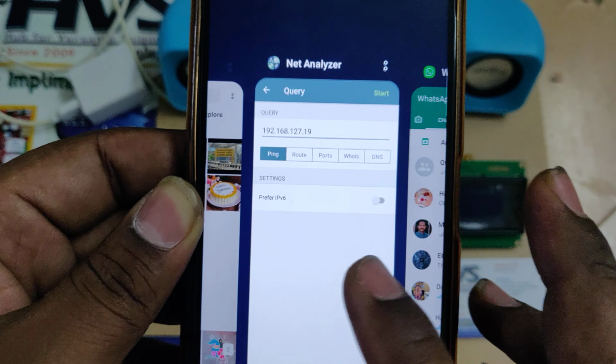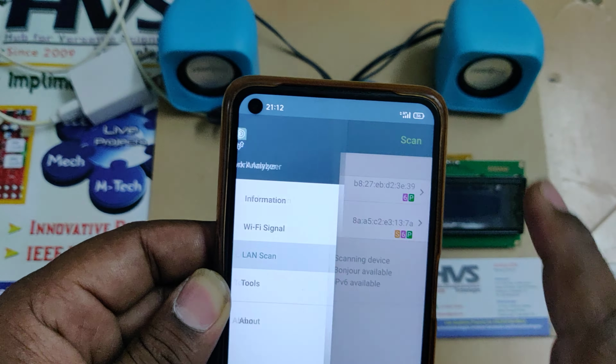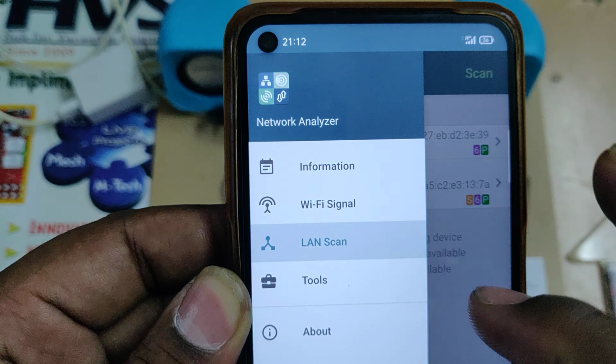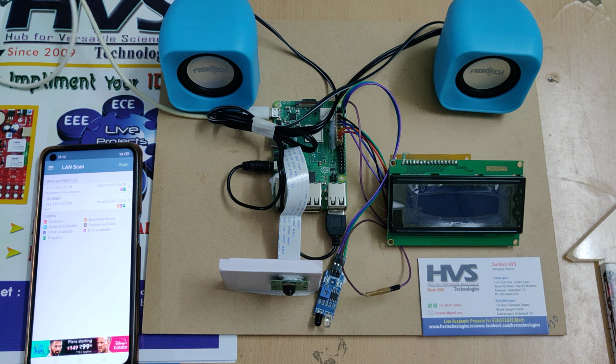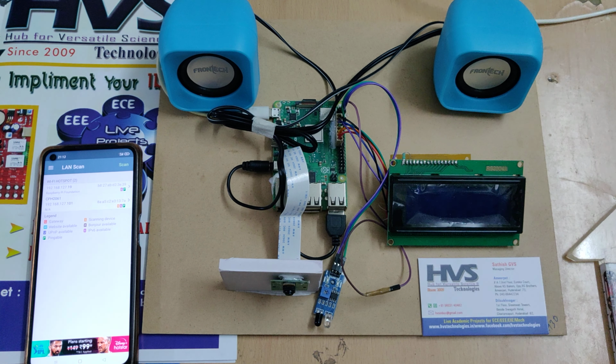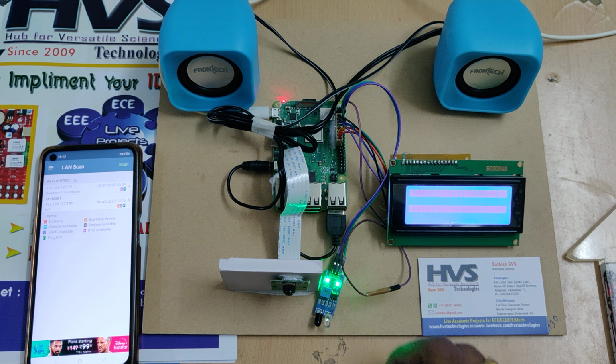This is the network analyzer application. This is the icon of the application. Install the application and stay on the screen to get the IP address of the Raspberry Pi. Now give the power supply to the system. Once we provide the power supply, the system will be connected to the